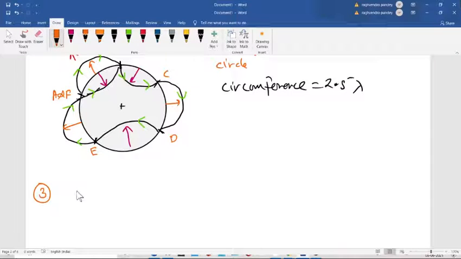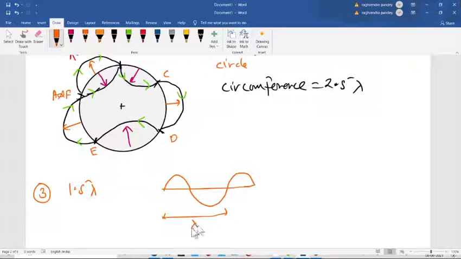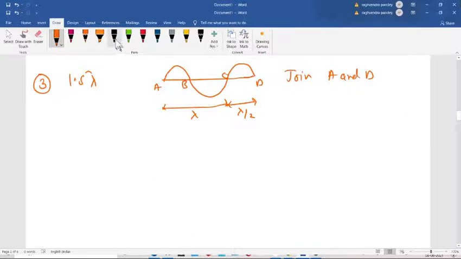Suppose I am taking a wave of 1.5 lambda, like this. This is the last wave I am doing. So I will ask the conclusion from you people, because here you will give me something. That is your lambda by 2, so that is your 1.5 lambda. Suppose these are the points A, B, C, D. We join A and D. So let's do this one and give your conclusions.